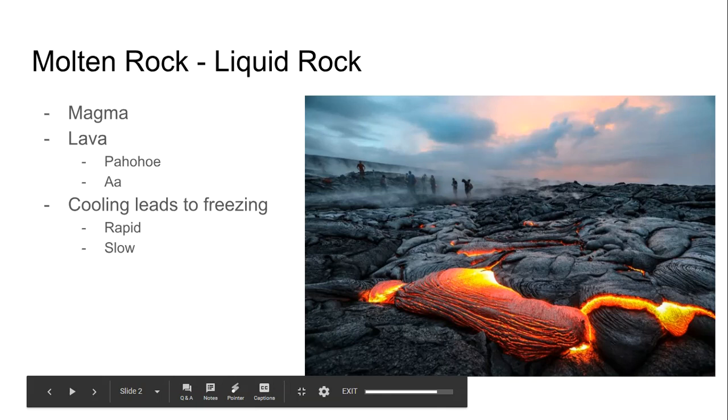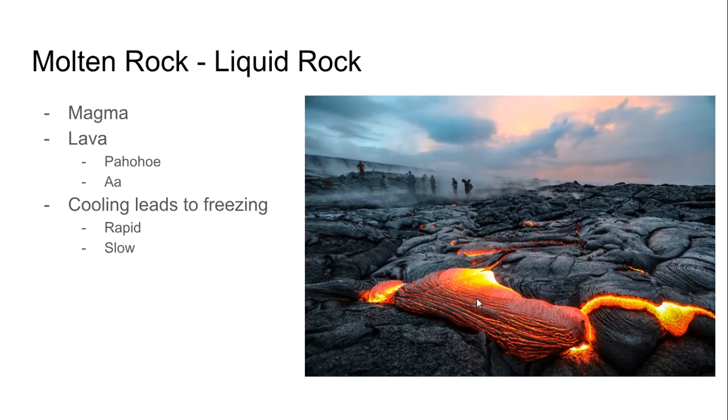Magma is, of course, what we call molten rock when it's below the surface. Lava is the name we give it when it's on the surface or outside of the earth. So magma is an intrusive term, lava is an extrusive term. Lava, once it exudes onto the surface, can come in a couple of varieties, pahoehoe and aa. Pahoehoe are the ribbon-like lavas that you see in this image, and aa flows are much blockier and they don't move nearly as fast. Both of these are Hawaiian terms.